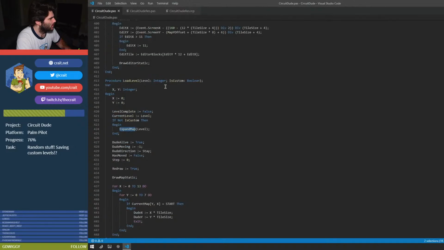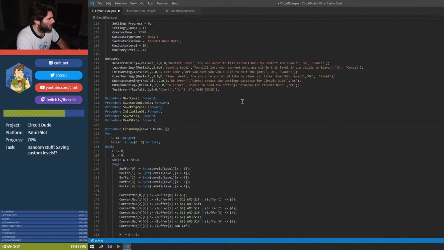Where else do I use expand map? I don't use it anywhere, so I can just pass in is custom. Expand map will take a boolean now too, of is custom,